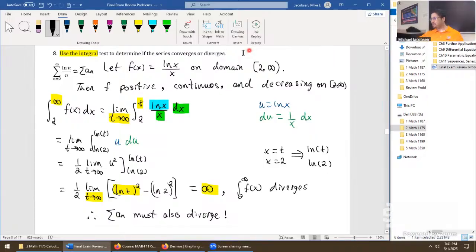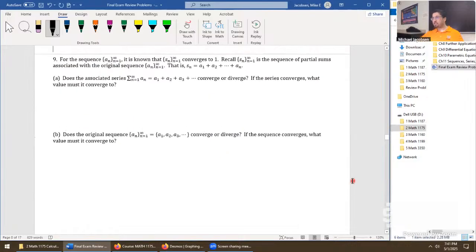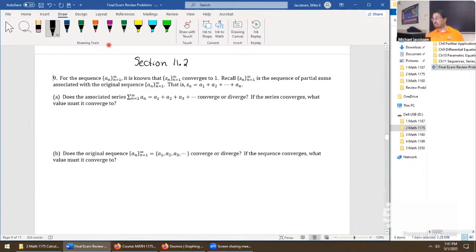Okay, now down the list. Looks like we're still in chapter 11. This would be more section 11.2. It is an interesting concept question, but it's one of those important concept questions where we're trying to figure out what exactly is the difference between a sequence and a series. Problem number 9 is challenging, but it's helpful in that sense. And that's a big deal in the final exam. If we ever get mixed up between sequence and series, we are possibly giving a totally wrong conclusion of convergence versus divergence. So here's how problem number 9 is going to help.